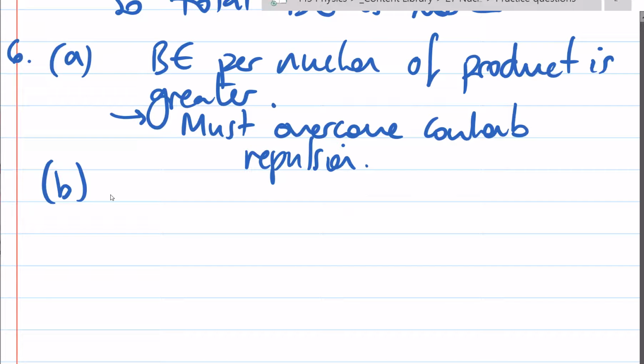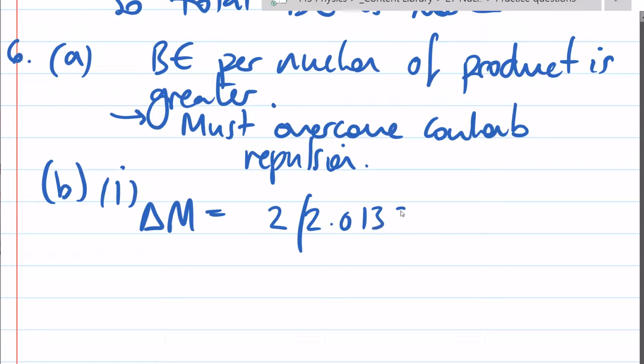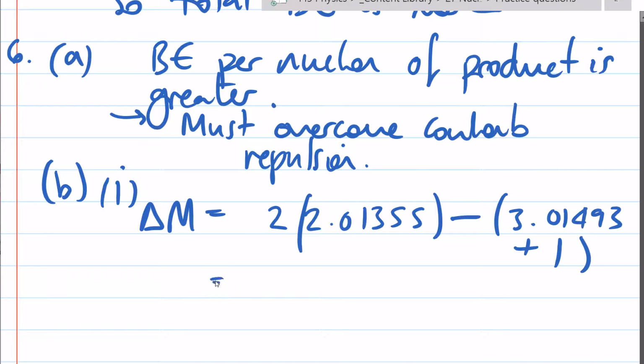So part 1, the mass difference. It's really, really simple, as what we've done before. So it's going to be effectively 2 lots of our deuterium. So that's going to be 2 lots of 2.01355 minus our tritium, so our helium nucleus, which is going to be 3.01493 plus a neutron, which is going to be 1. Okay, so that gives us a mass difference of